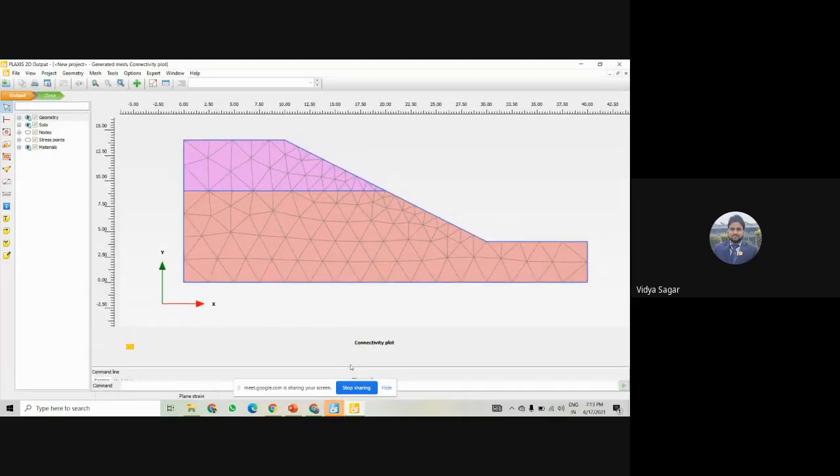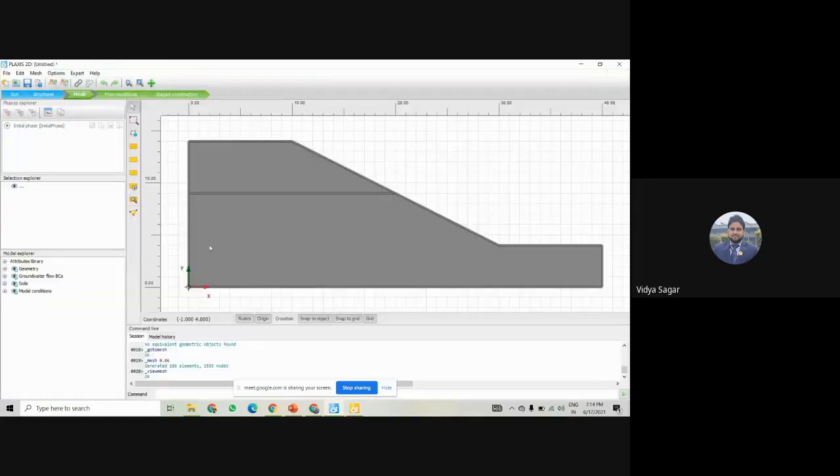Okay, so this is generated, and in this area you can see the mesh sizes are small. In these areas the stresses are higher, where the mesh sizes are small. Now after calculation we can see how it shows the deformed mesh and that deformation also, right?